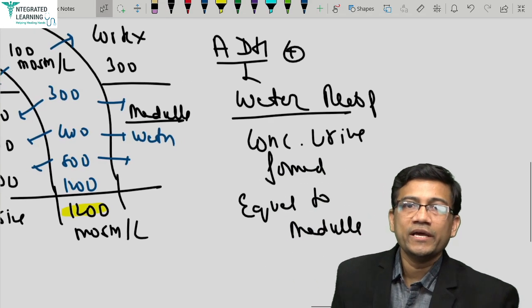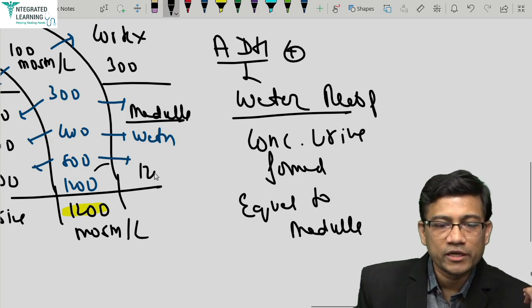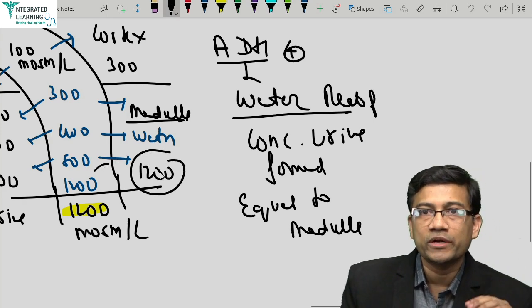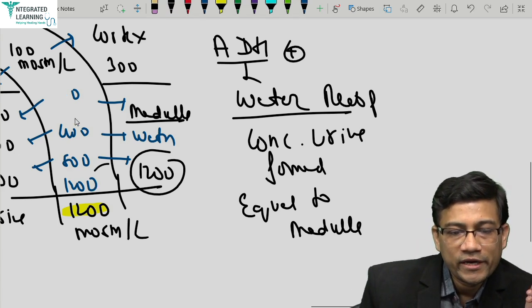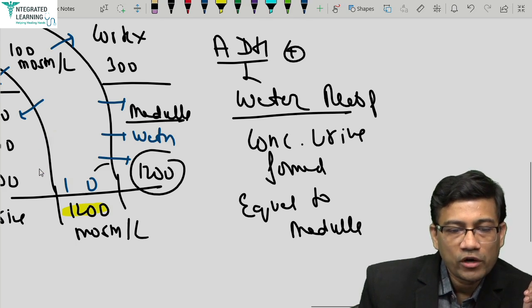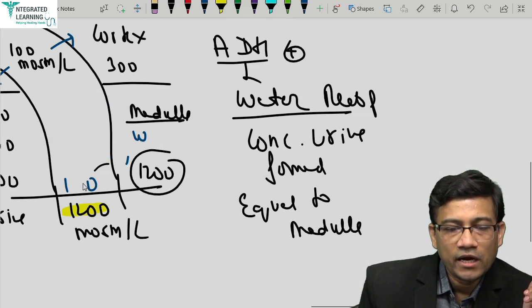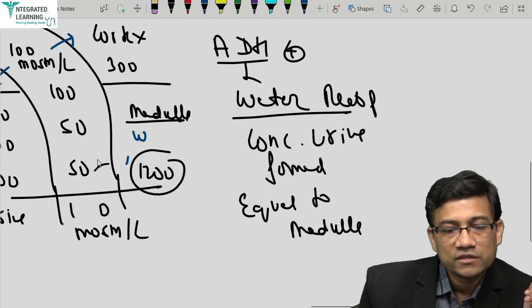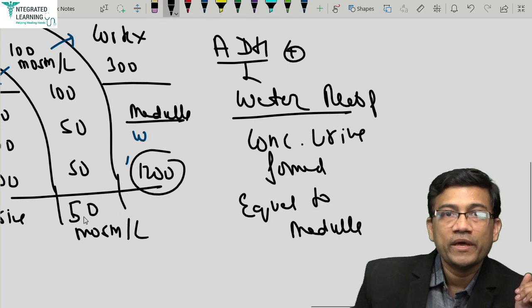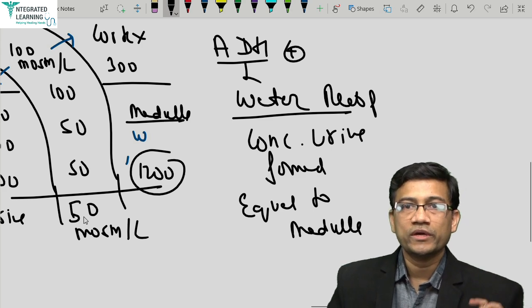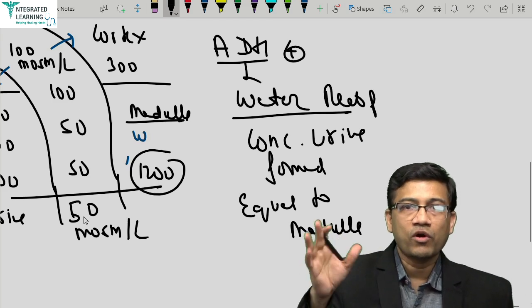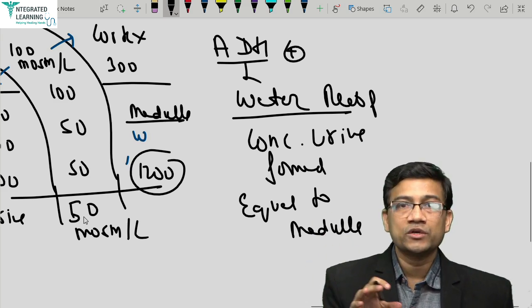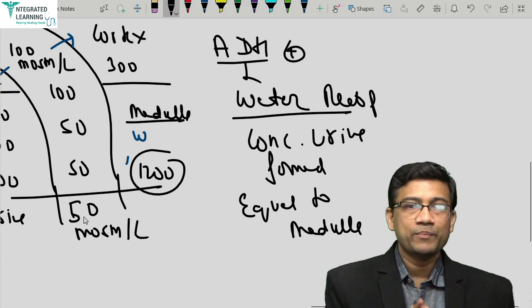So remember, medulla is always hyper, trying to pull the water continuously, but whether it will pull or not depends on what? ADH. If water goes, urine will become 1200. If no ADH, the water won't be reabsorbed, and ultimately the urine will either remain 100, might become even 50 because of some salt absorption. And what happens? You will make a urine which is 50, that is hypotonic. So what decides water will go to medulla or not? ADH level. If available, water is reabsorbed, concentrated hypertonic urine. If not available, hypotonic urine.